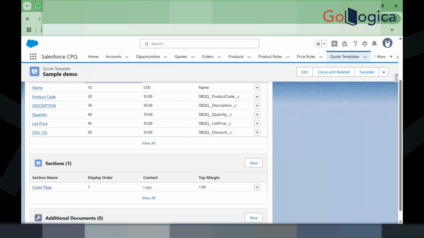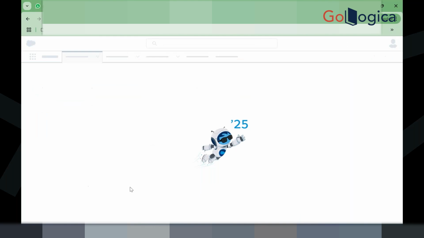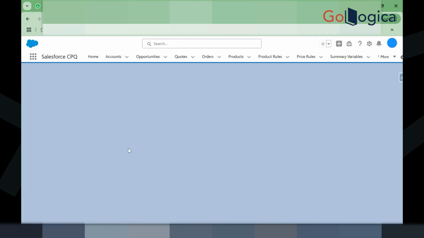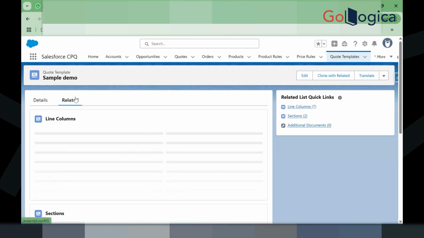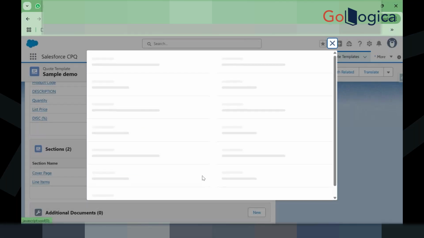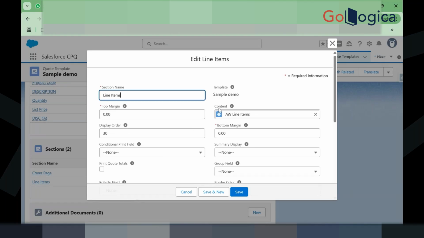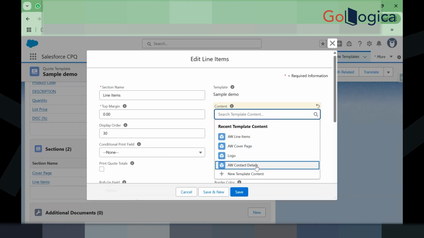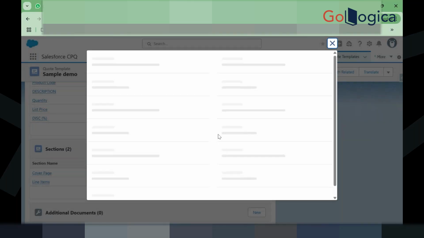If I come here and refresh this, here you can see the line item, but here it is a different template content, but you want to create your own. So what you will do, you will click on create new template content,